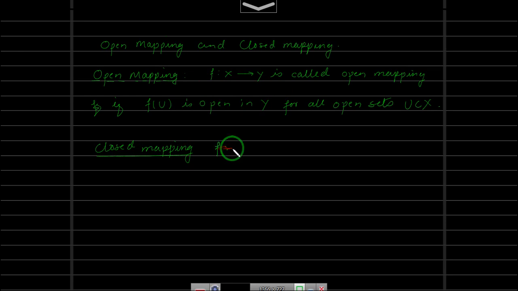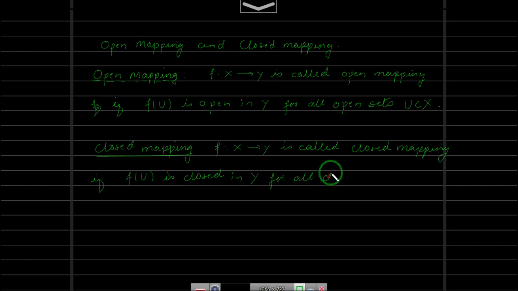So f from X to Y is called a closed mapping if f(U) is closed in Y for all closed sets U of X.